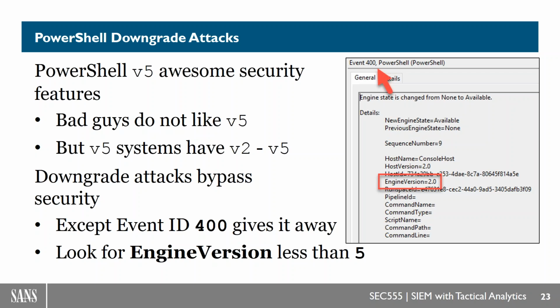Well, the good news is it's actually pretty easy to catch. In PowerShell, it will log event ID 400, which lets you know what engine version is being used. So in this picture, you see engine version 2, which means I switched out of 5, launched version 2, and now a log got cut, and that's very easy for you to catch. Basically, with your SIEM, you just look for event ID 400 with a version less than 5 or whatever version you're rolling. You should be on version 5, hopefully. I think now it's 5.1. So downgrade attacks, we can catch that.